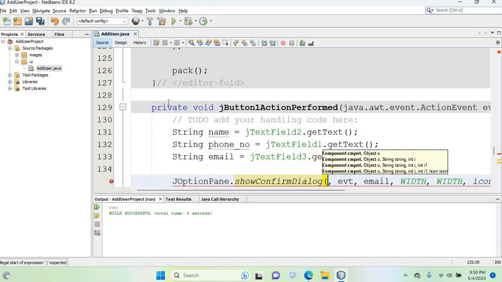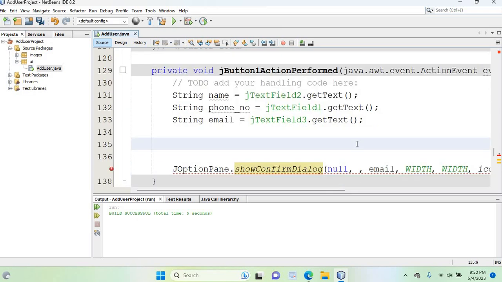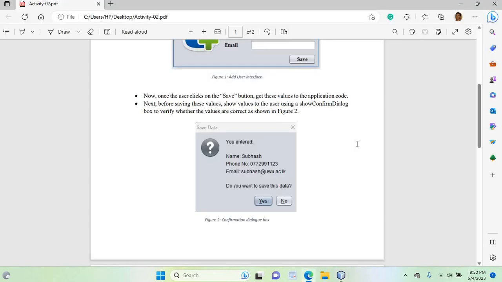The first thing is on top of which frame we need to show it. So it's telling that we can use null, so then the default frame will be used. And after that we need to have the message. Still we didn't construct the message, so first I will construct the message here. So I will create a string object called message. So this is what we need to display here. You entered